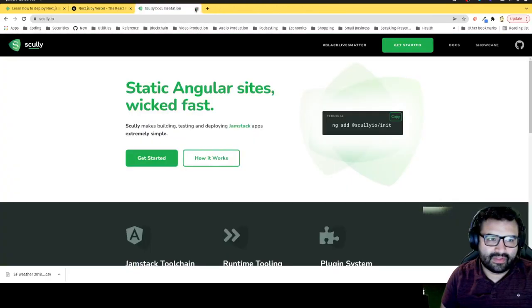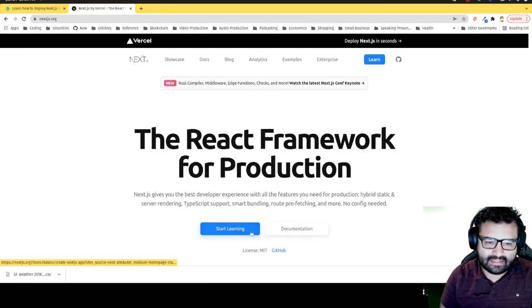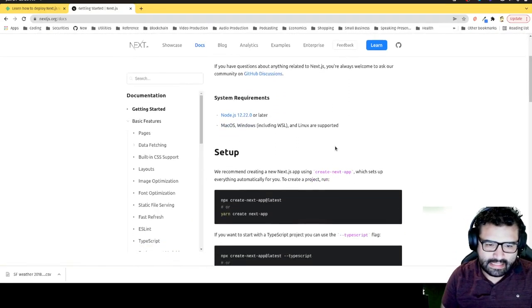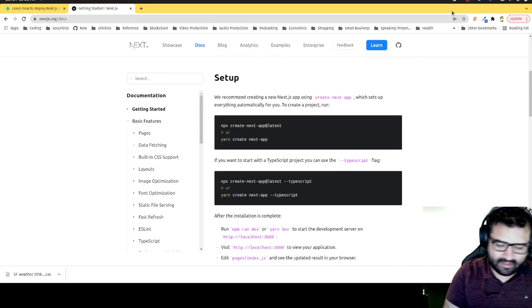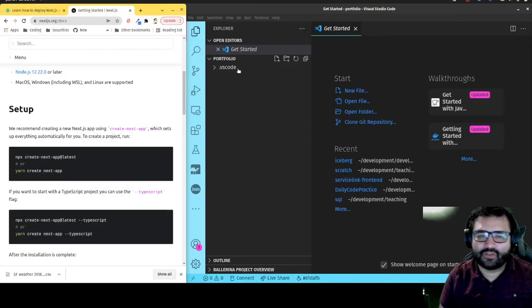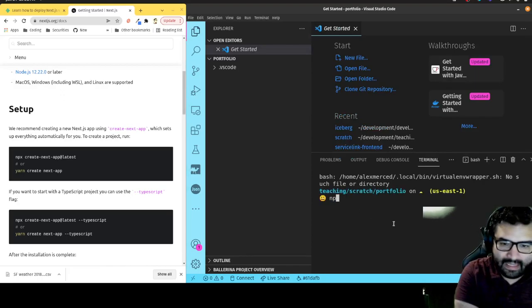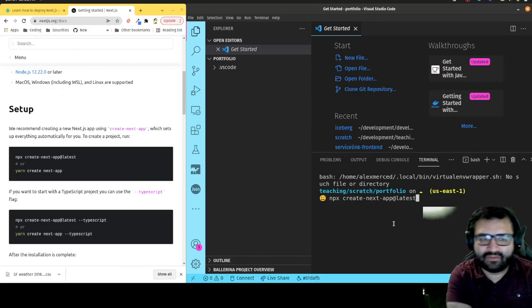So let's close all this and create a new React project, or technically a new Next.js project. Let's hit the documentation, getting started. So here's the command, so that we can create a project. Here I have a folder open in Visual Studio Code, so we can start working. To create an app, we just do npx create-next-app. I'm going to put the @latest flag, so that we're using the latest version just in case. Although you don't have to, it should generally use the latest version by itself, but